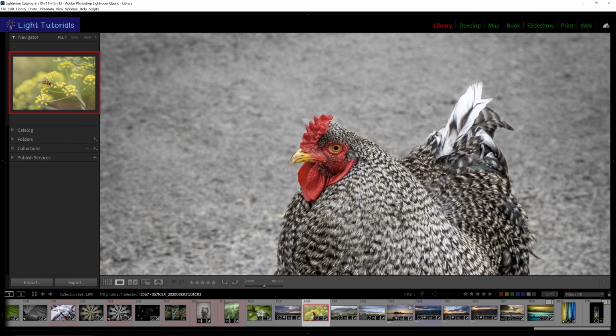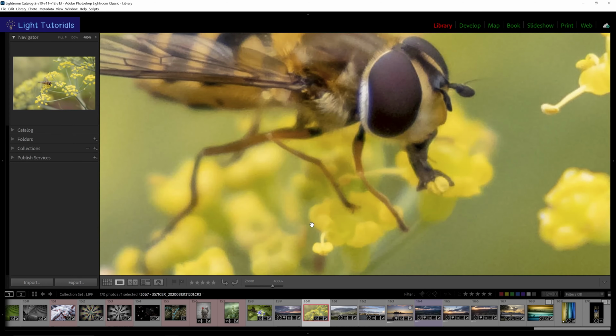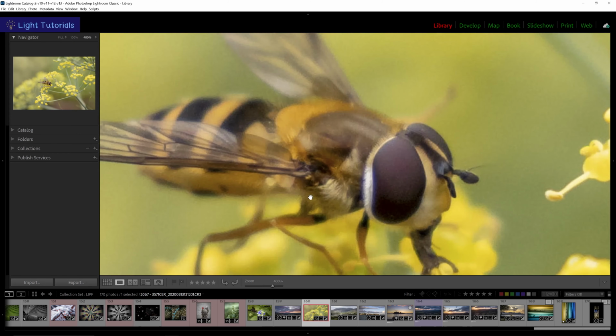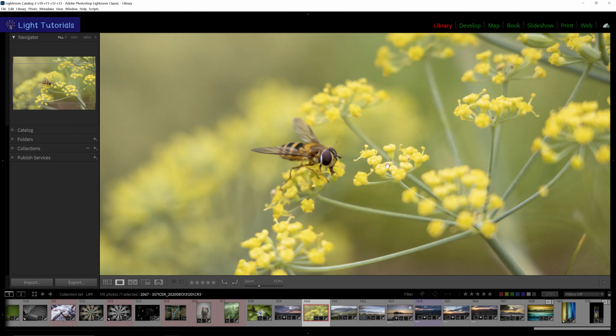over the thumbnails. To get the zoom to auto-center when you click on an area, go to Preferences and the Interface tab again. Select Zoom Click Point to Center in the Tweaks section. The zoom will center the selected point in the working area, even at the edge of a